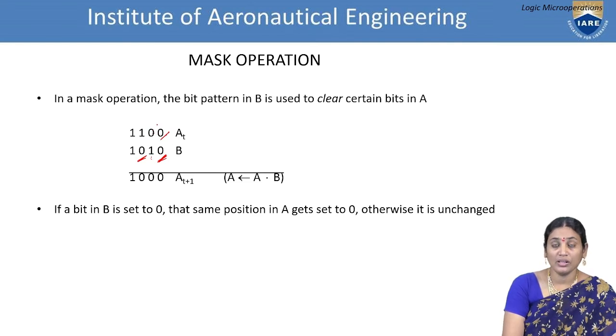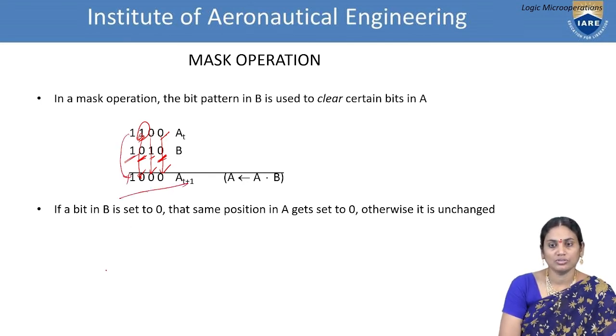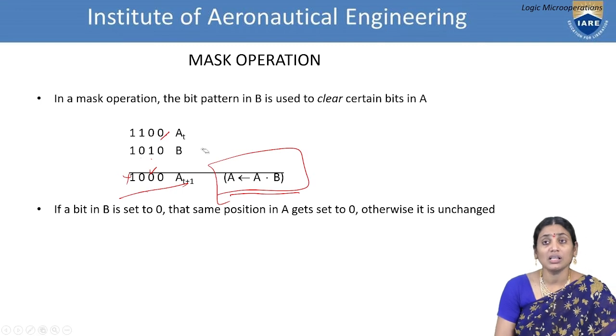We need to transfer A. We are not focusing on B, we have to focus only on A. So what are you doing? We are just discarding this one and simply loading this 0. Now again I found a 0 in the position of the B register, so the same corresponding position will be affected and this will be loaded as 0. And now we have 1, so there is no change, so we simply leave 1 as it is. So 1, 0, 0, 0, which is nothing but A AND B. If two 1s are there, we get 1. Otherwise it is zeros. So we have the position of A AND B. This is a case of masking operation.